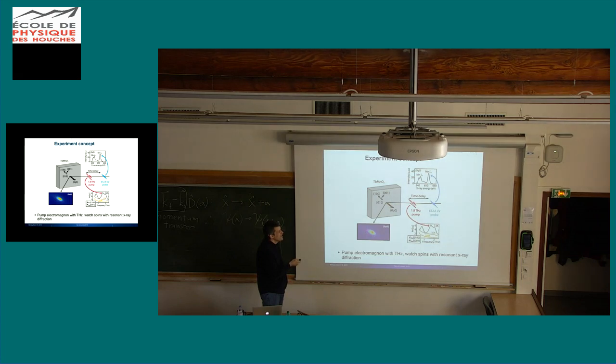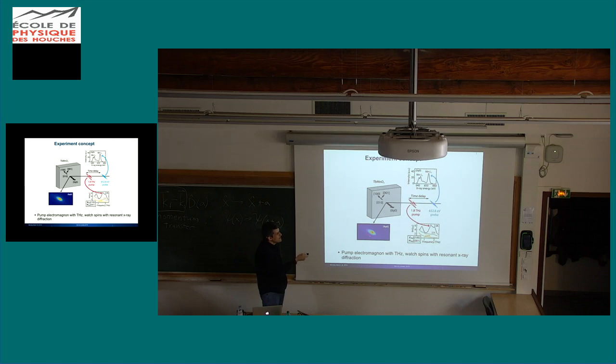This is actually a peak that only comes from the magnetic degrees of freedom. And you can see that experimentally by looking at the polarization relationship between the incoming light and the outgoing light. The polarization is rotated by 90 degrees, and that's a signature that you have a magnetic interaction that responds to that. So the idea behind the experiment is we measure the intensity of this peak as a function of delay time between an X-ray and terahertz,